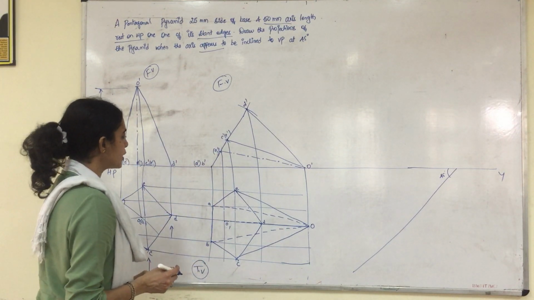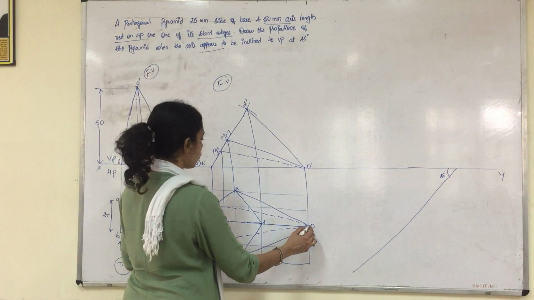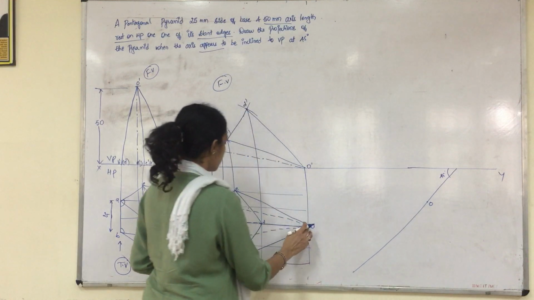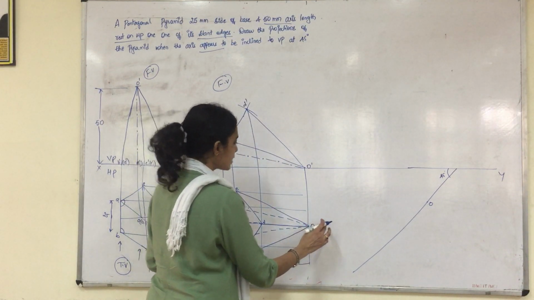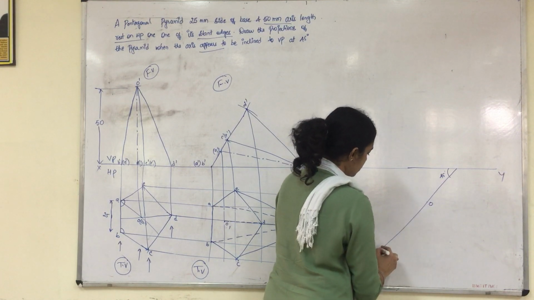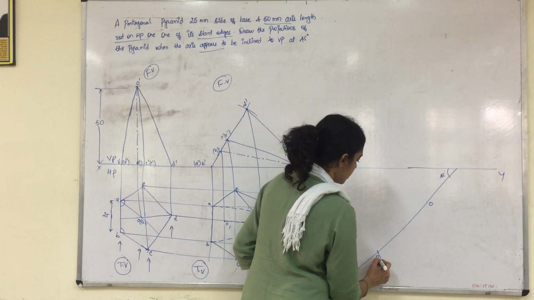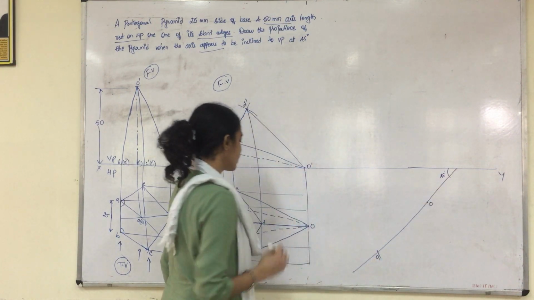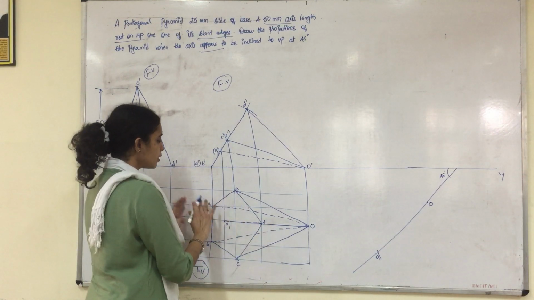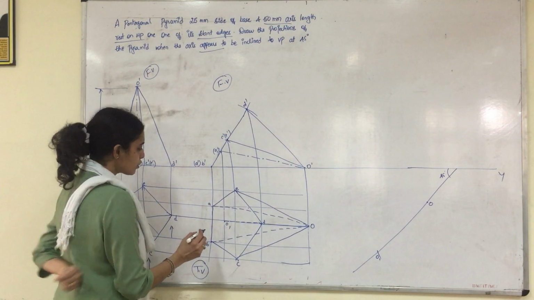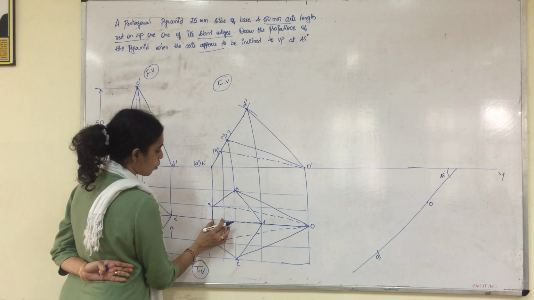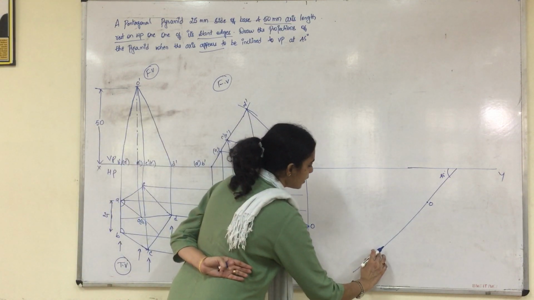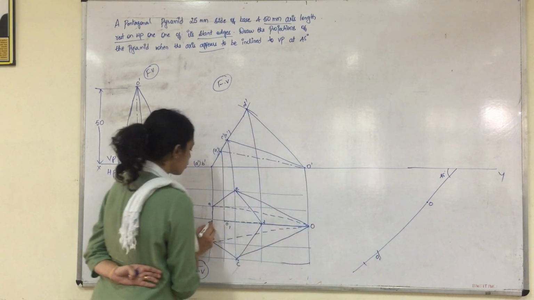Once you take 45 degrees to VP, this is our apparent length from O1 to O. So you will fix one point. Let this be O. From O to O1 you measure the distance using the compass, come here and just cut an arc. So you will get the apparent length fixed on our 45 degree line. Then the remaining part of the problem has to be solved. For that you need to know this distance from O1 to this midpoint. Use this measurement, come here and just cut an arc. So you got this midpoint.